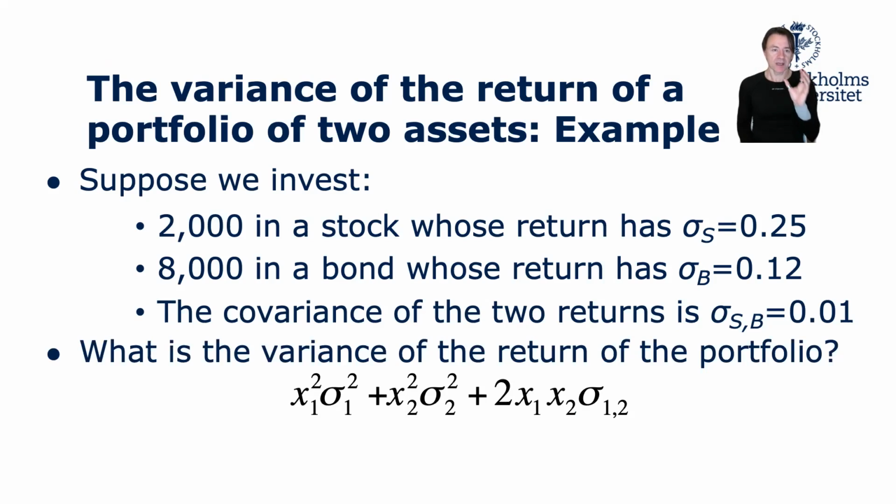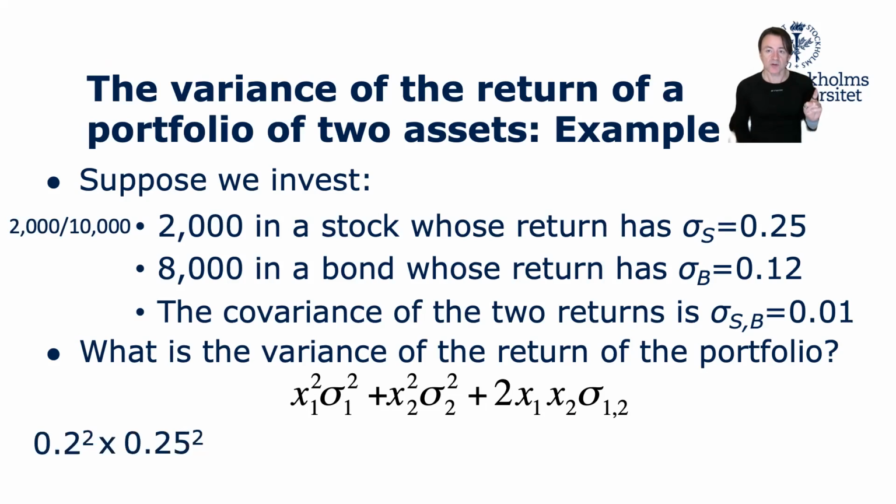The first term in the formula that gives the variance starts with the weight of the first asset. That weight, in our case, the weight of the stock, is equal to the proportion of our wealth to be invested in the stock, 2,000, over the total of 10,000. And this is 0.2. We square the weight and we multiply it by the variance of the return of the stock. The variance of the return of the stock, since we are given the standard deviation, is then the standard deviation raised to the second power,